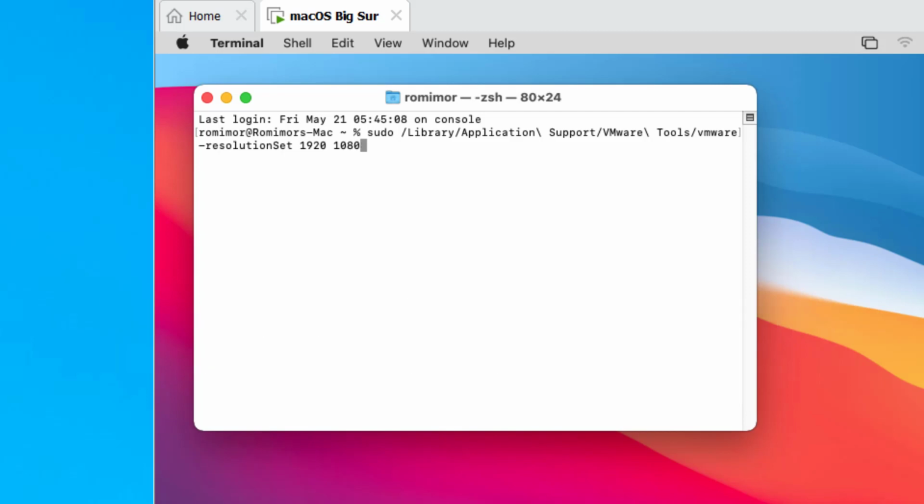Then hit enter. Then type your Mac admin password and hit enter.